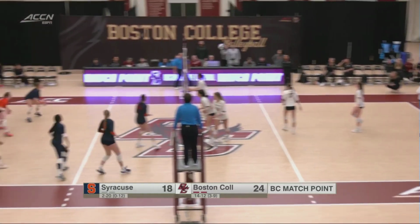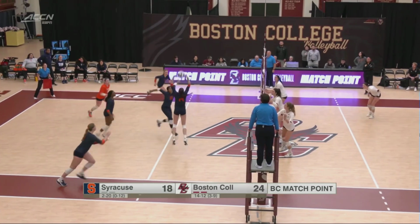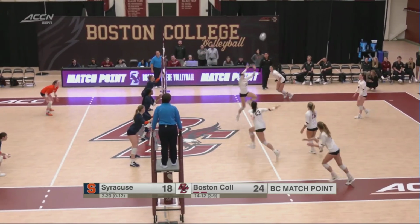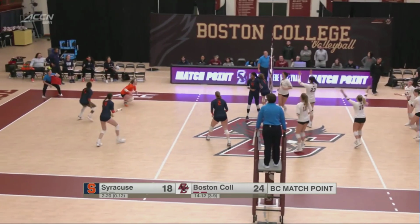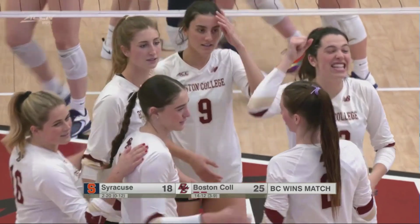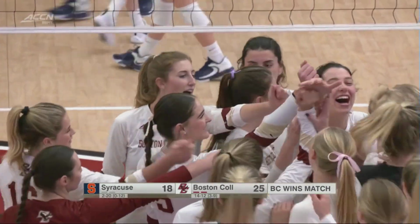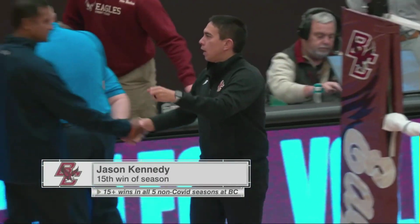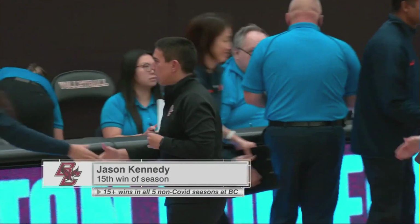Yellen trying to close it out. Schlichter's pass, Liedermuller for Searzant, off the block, falls right to Schroeder. Lambros for Jensen, and that will do it. Jensen becomes the only player tonight with double-digit kills as she hits her 10th and wraps up a victory for Boston College. The Eagles snap their 5-match losing streak, and Jason